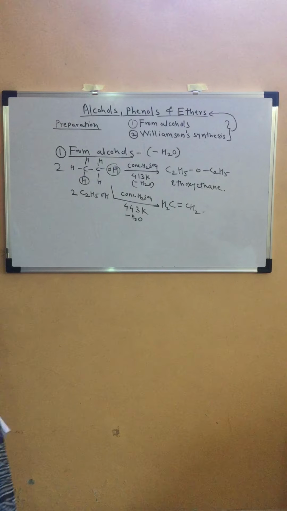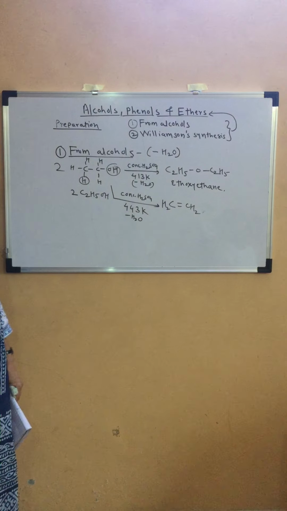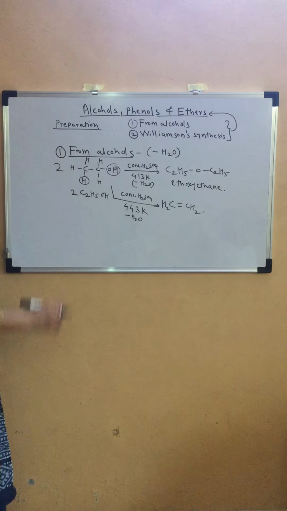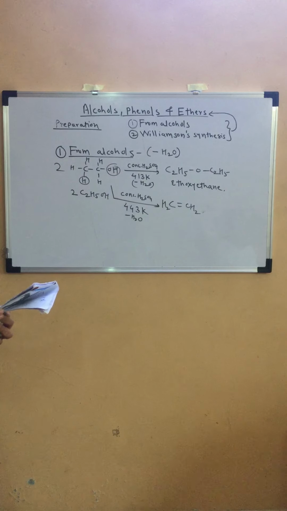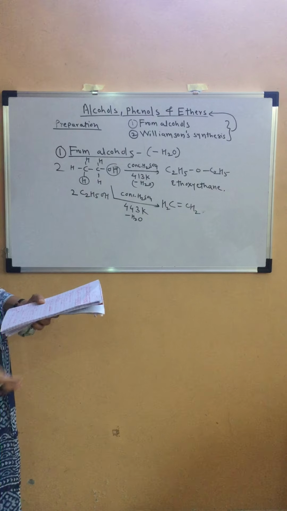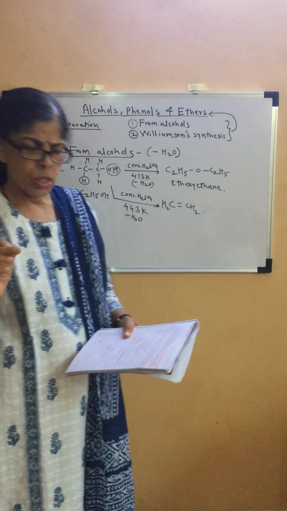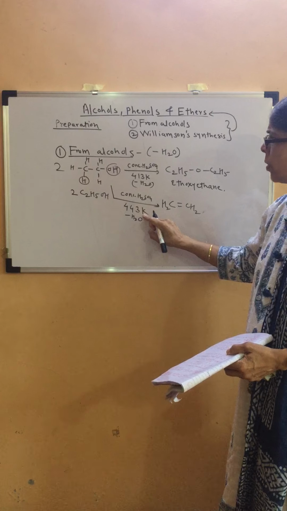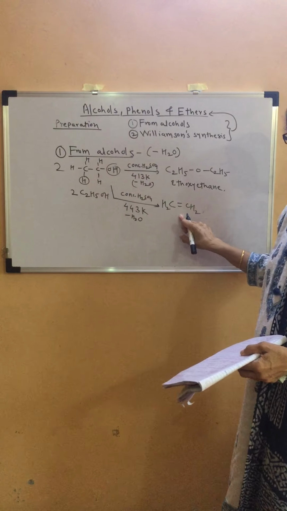Isn't it? See the reaction carefully. Starting from primary alcohol we are able to get symmetrical ether if we heat it at low temperature with concentrated H2SO4, temperature 413 Kelvin, but at higher temperature the same alcohol will give us alkene. Even if we use secondary or tertiary alcohols we will get alkenes. Okay, so this is the first method.